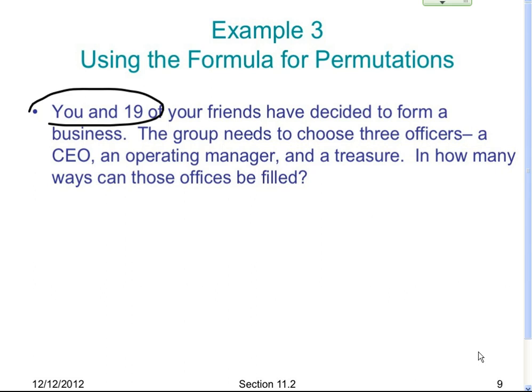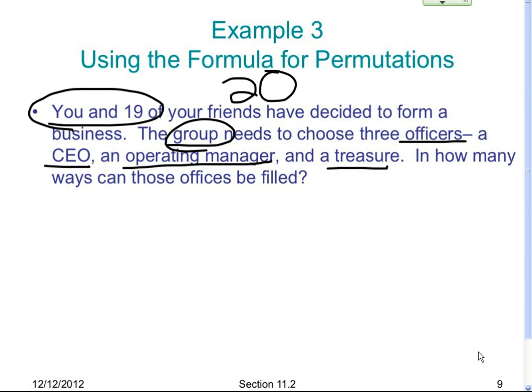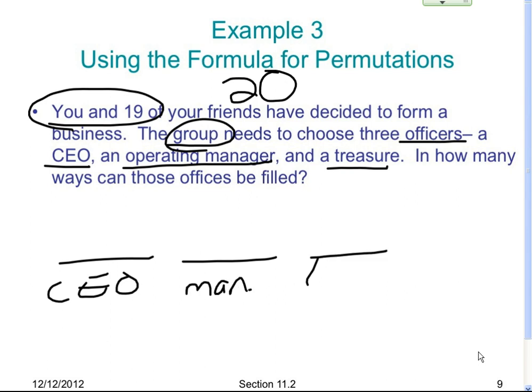You and 19 of your friends, be careful here, that means you have a group of 20, need to choose 3 officers. The 3 officers are called a CEO, an operating manager, and a treasurer. And how many ways can those offices be filled? So if this is the CEO, and this is the manager, and this is the treasurer,